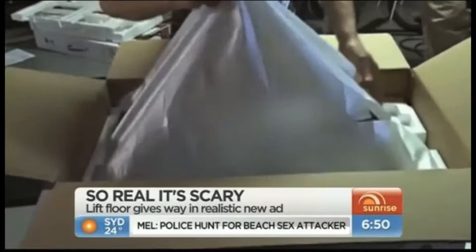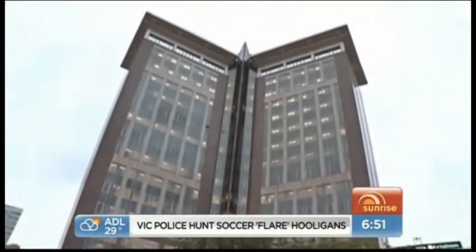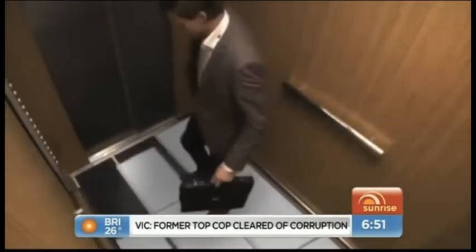This new ad from electronics company LG shows technicians secretly lining the floor of an elevator with high-tech screens. Now, passengers get into what looks like a normal lift. Then the pictures on the screens change to make it look like the floor is collapsing beneath their feet, revealing